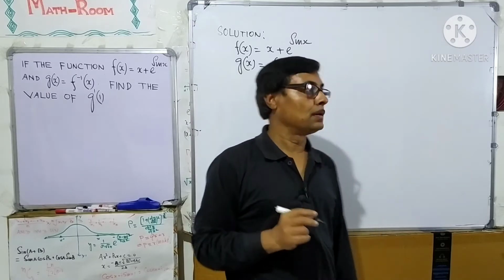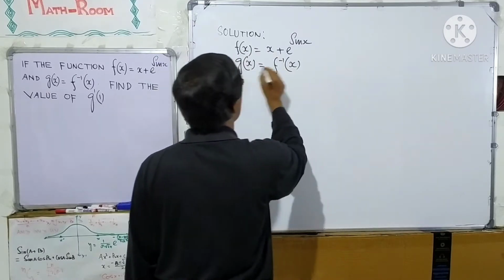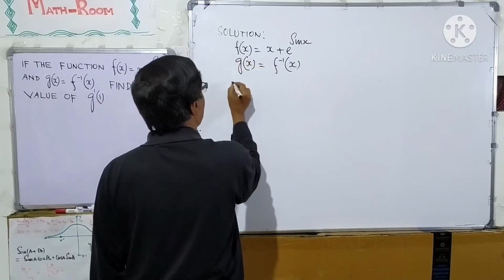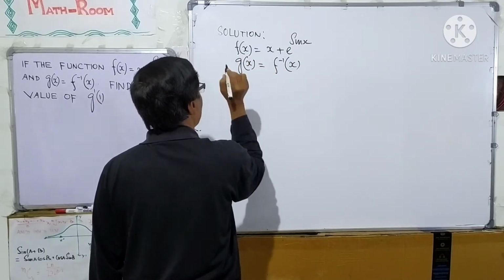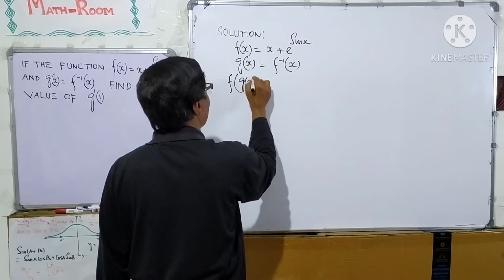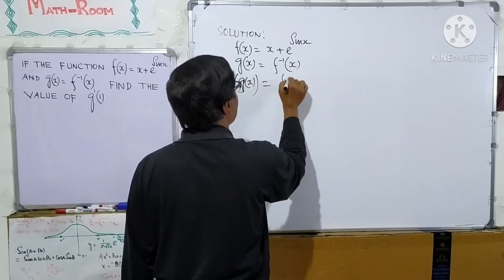Now if we take the function f on both sides, we get f of g(x) equal to